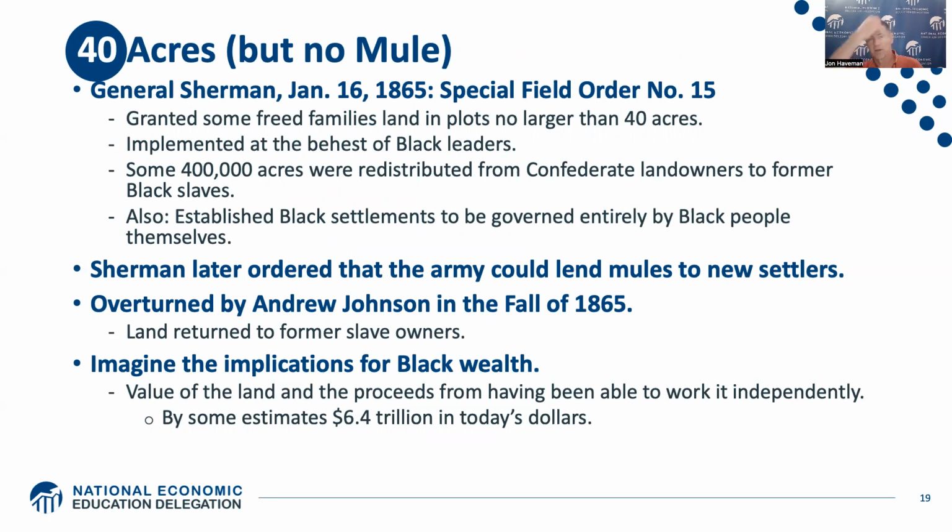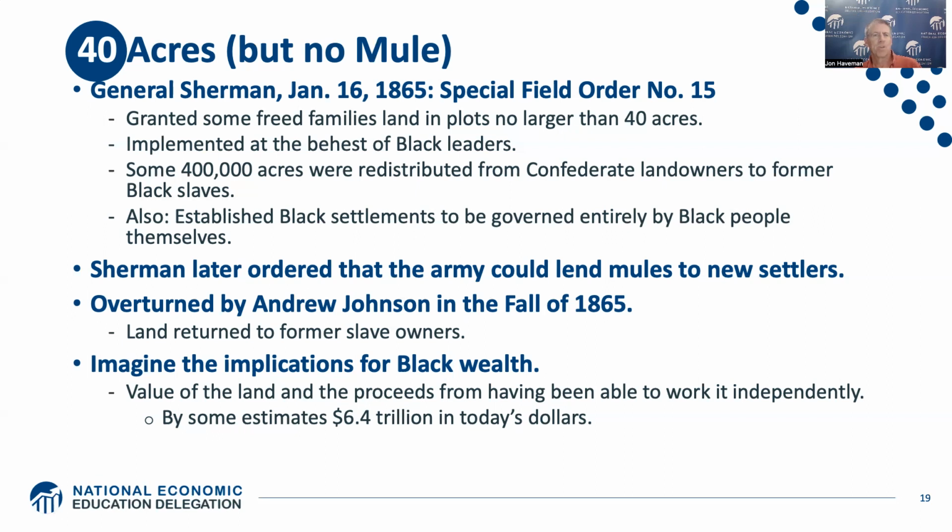Right. And General Sherman agreed, and they came up with the idea of giving plots of land that were formerly owned by slaveholders, former plantation land, give each of them 40 acres to do with what they would. So for a while, about 400,000 acres was given from Confederate landowners to the former slaves. Also, as part of this, they established some black settlements to be governed entirely by black people themselves. And my understanding is that most of those black settlements are still currently largely black